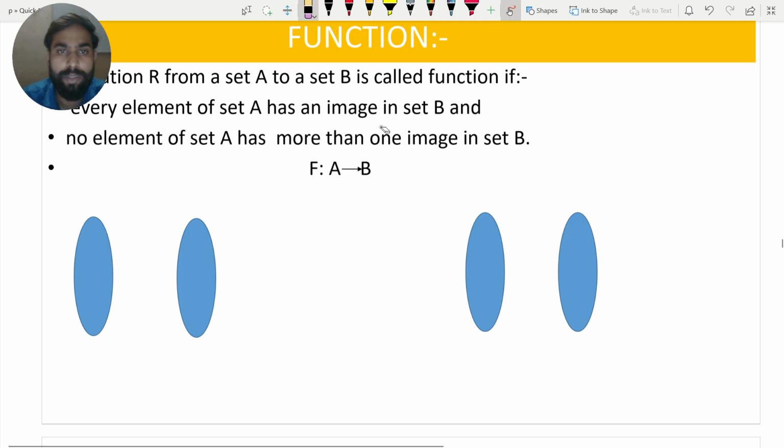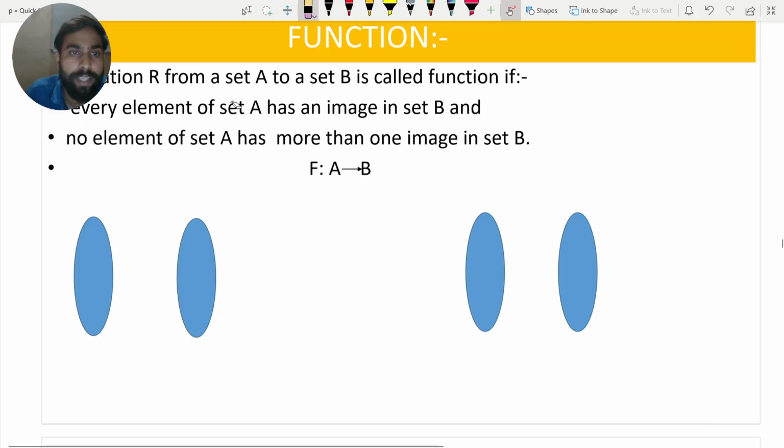Hello guys, today we are going to start function. Actually, a function is a very important chapter. If you master the function, almost every chapter ahead becomes much easier. Whether it is differentiation, continuity, calculus, and so on, doesn't matter. So learn function first in a very good way.